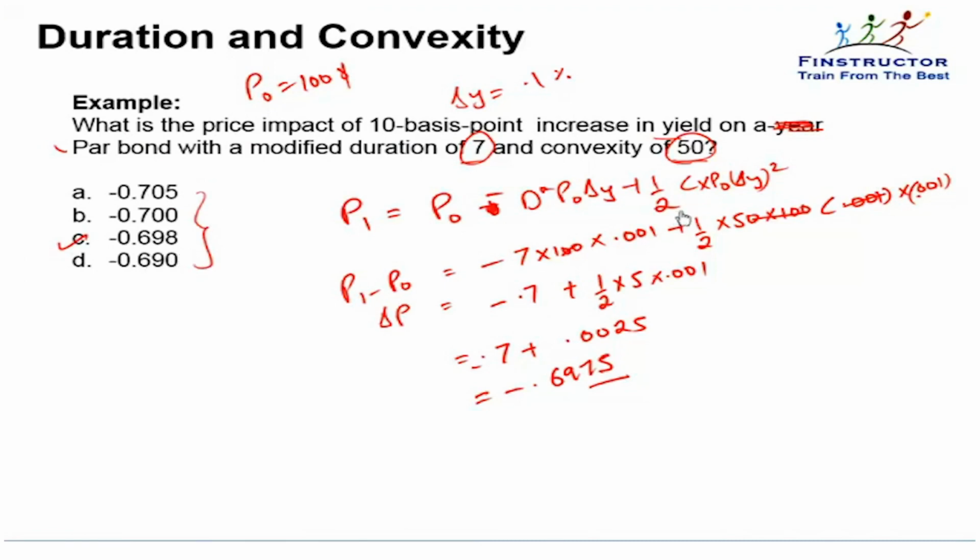Now please note, it's a pretty straightforward question. However, if you don't follow the steps sincerely, you will make a mistake. If you try to eliminate choices and hurry up, you'll most probably tick minus 0.690. So remember, as far as possible, don't try to follow that method of elimination. Diligently solve the question and derive the exact answer, because there are 4 choices and it's very easy to confuse you or give options that likely look like the correct answer but are actually not.